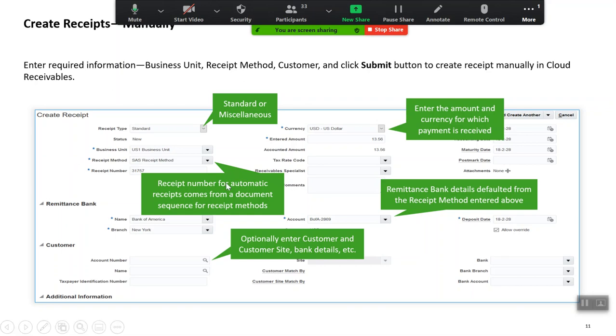And receipt number for automatic receipts come from document sequencing for receipt method, but we can even configure a receipt number to automatically start shooting like 1 2 3 as and when new receipts are created in the system. The receipt number would keep changing, so that is handled as a part of our receipt method setup.